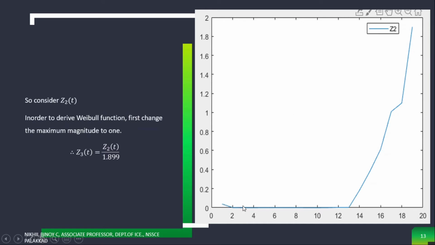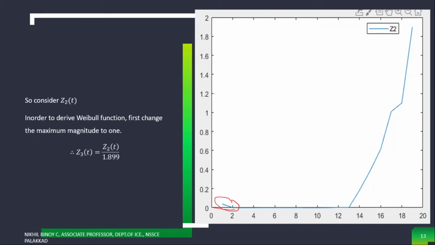So this one is Z2. This particular one is Z2. You can see that from 2 to 13, Z2 is 0 because we subtracted 0.101 from Z. So that is Z2. From 2 to 13 we have the constant region, so if you subtract 0.101, it is 0. This portion we have 0. And I told you we are neglecting this region, for the time being. So we can assume the value of Z2 at this point also as 0.